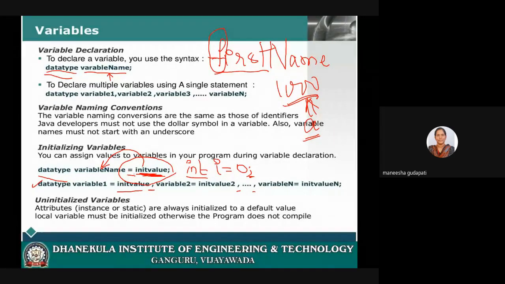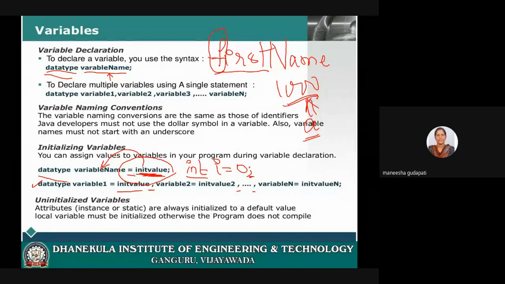Suppose division, I have character A and character B. Can I perform A by B? A and B are not variables. A is a character, that means A is a normal alphabet and B is another alphabet. Can I perform A by B or not? Say either yes or no. Can I do it or not? No, ma'am. No. Why? Because we can't apply those types of operations on characters.